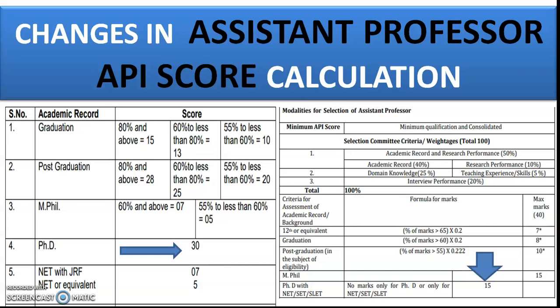That means once you have applied for the permanent assistant professor job in the government universities, if you want to be selected for the interview, then you have to get a higher API score. Now a few universities are changing these API scores. That's what I observed today from one of the state universities. First of all, what was the standard procedure to calculate the API score, and what is the change adopted by one of the universities? This change may be adopted by a few more universities in the future also. So I just wanted to inform you what change is done in the calculation of the